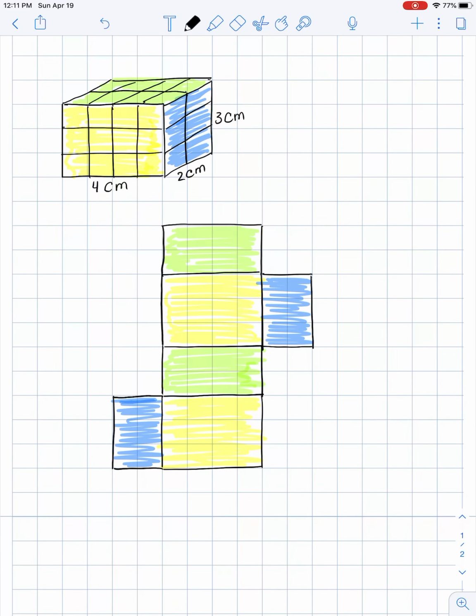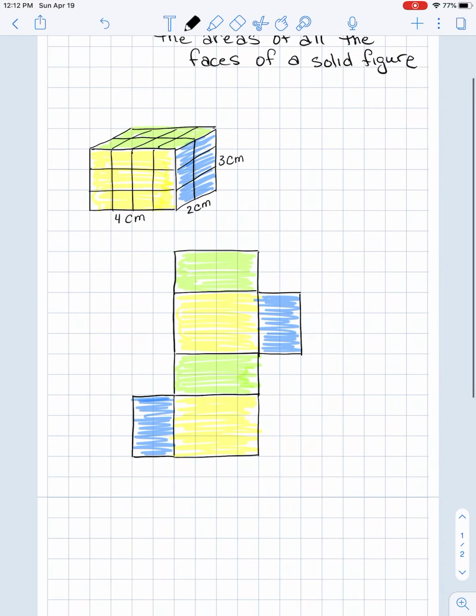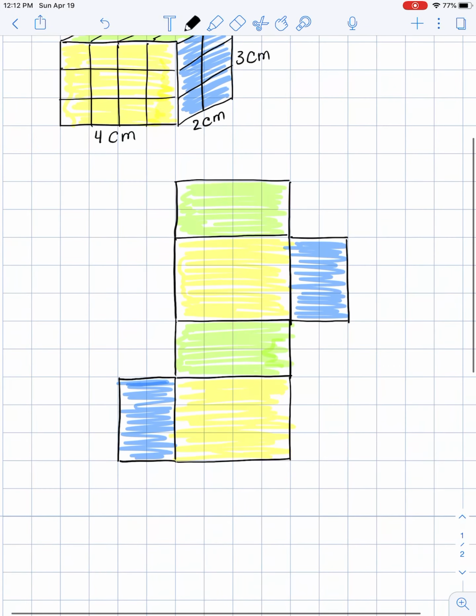One way of calculating surface area is to look at the net for a solid figure. So that's what we're going to do in this lesson today. Now, in order to do that, we open up this rectangular prism. So that's exactly what you see. And I can label the corresponding parts. So the green is the top and the bottom,